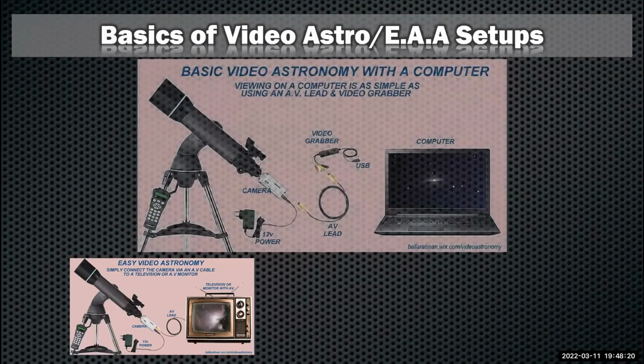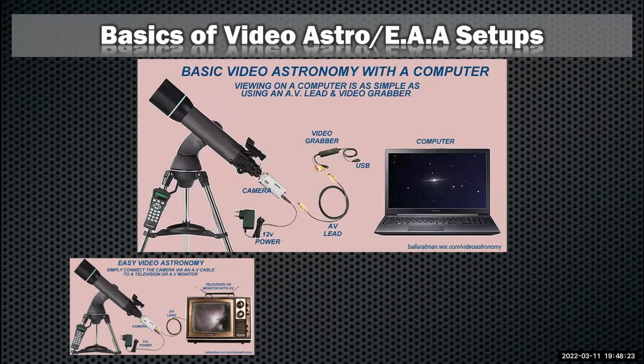So then we can actually go to maybe the next stage. Same telescope, same analog camera, but in this case, we're no longer using the television, we're using a computer. And in this case, we've got to change the analog out from the camera using a video grabber and changing it back into a digital format. And now the computer can take those images and start to improve or make real-time changes in the images so we can see it a little bit clearer, a little bit better.